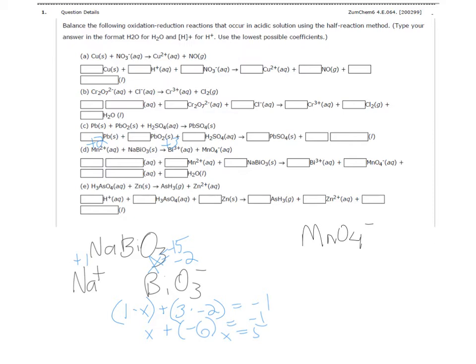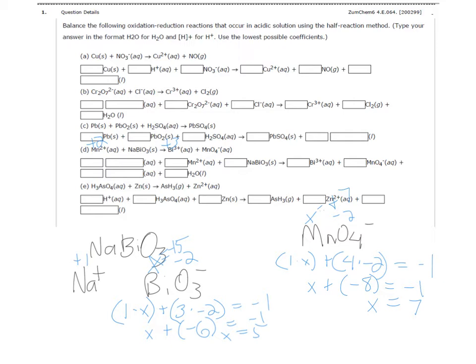Of course, oxygen is more electronegative than manganese, so we'll solve for manganese's oxidation state. 1 atom of manganese, when added together with the 4 atoms of oxygen, whose oxidation state is known to be -2, because it's the more electronegative atom, should add up to the overall charge, which in this compound is also -1. A little bit of math helps us to arrive at the oxidation state for manganese. +7,